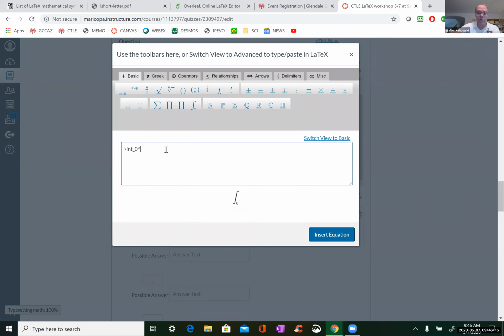Okay, this may not make any sense. Integral, say 0 to 1. Okay, let's just keep it integral 0 to x, say. I need my 0 to x. And then you can do x, y, dy, little thin space, dx. And then, of course, just to make sure it looks the way you like,